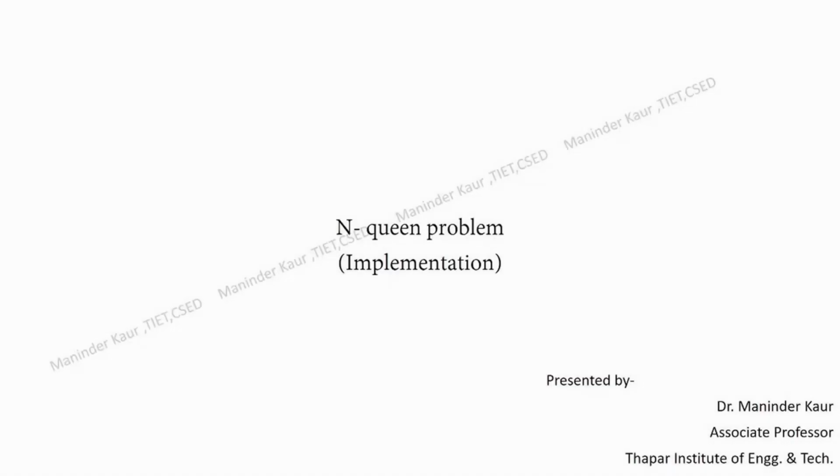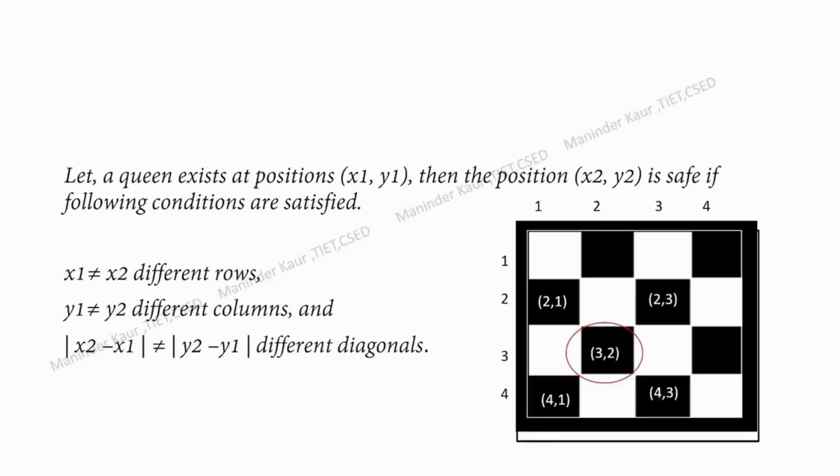The topic is implementation of the n-queen problem. The first thing is we have to check whether the queen which is to be placed at a particular position has got a safe state or not. That means, for example, in this case, if you are placing a queen at this position, it should not share the same row or same column or same diagonal positions with respect to other queens. That means two queens should have different rows, two queens should have different columns, and they should bear different diagonals